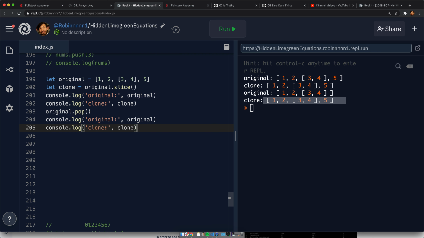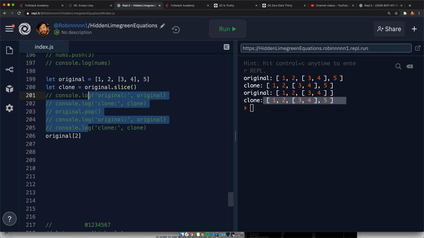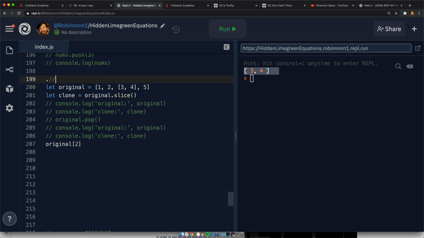And so what this means is, well, how do I get to an array? I do original at 2, right? If I do original at 2, that's 3, 4, because that's this. If you're looking at this in terms of indexes, this is index 0, 1, 2, 3, right? So this array itself is at index 2. So now let's say I want to do original at 2 dot push